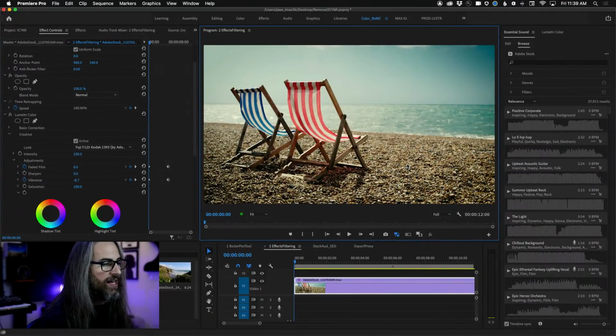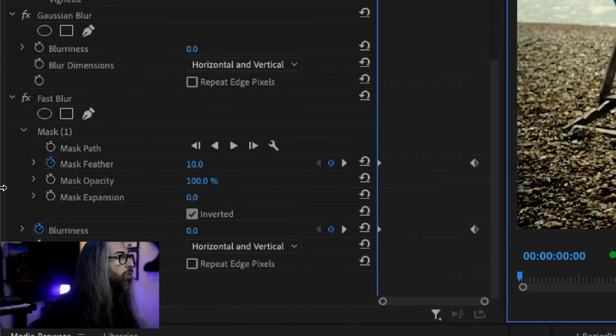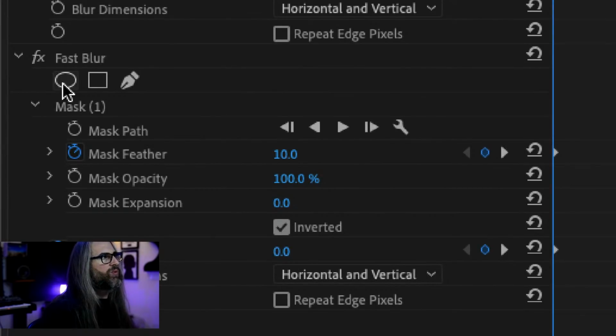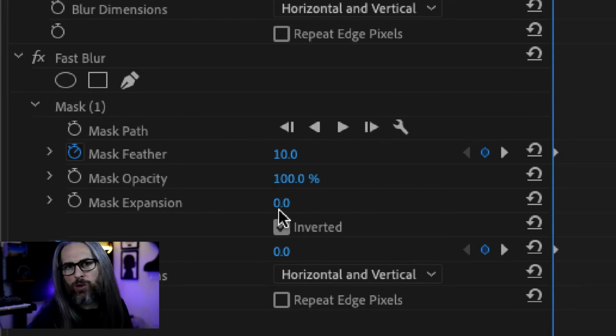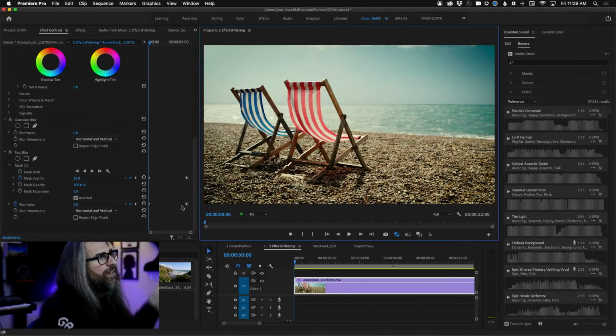Yes, of course, Sam, you can also do feathering with the pen tool with the mask. In fact, if I just scroll down here, once you create your mask, whether it's with the ellipse, the polygon, or the free draw Bezier pen tool, you'll have mask feathering and expansion options for all of those masks. And it works just as it does in After Effects. So a lot of effects on here.